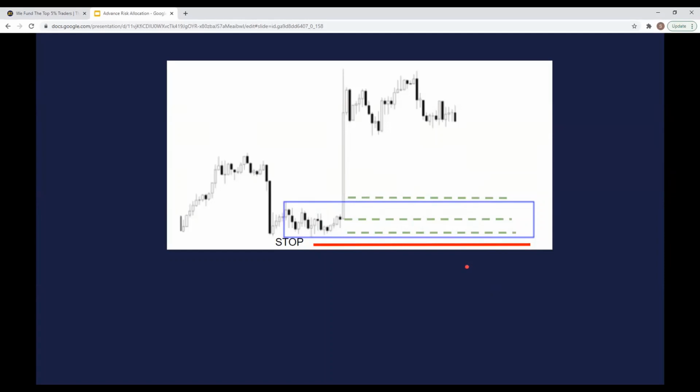And the dilemma now, the question we all have always is, where do I get into the trade? Do I get in here? Do I get in here? Or do I get in here? Each of those has different advantages and disadvantages. For example, if I place a buy stop order here, I have a bigger chance to get into the trade, to get triggered,